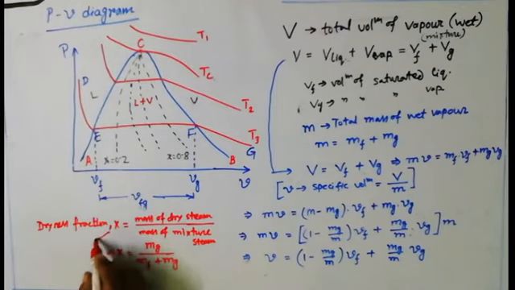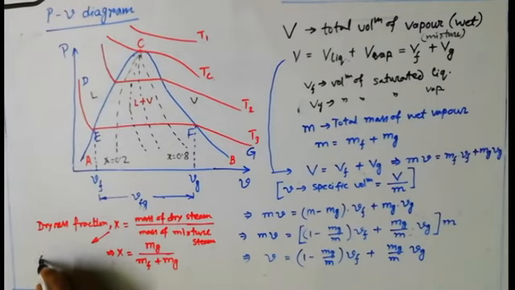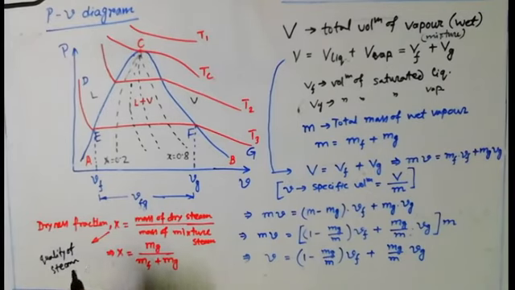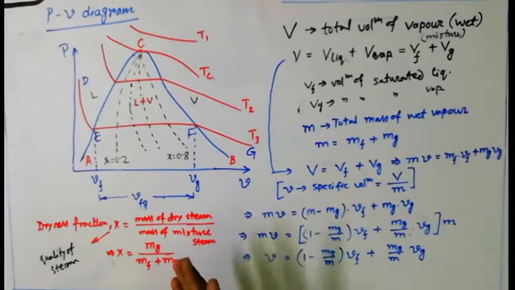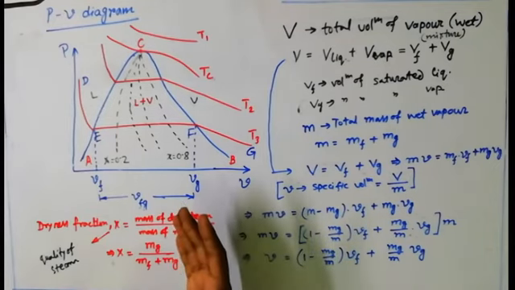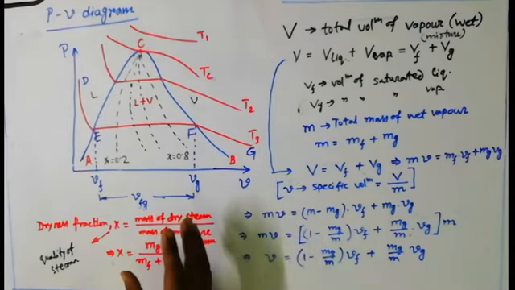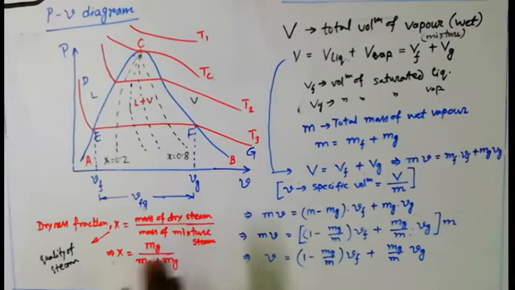It is very important. It is actually used to determine the quality of steam. Mind it, quality of steam. What does this mean? That means whether the steam is good or bad can be judged by this factor. In a thermal power plant, basically we need very dry steam because it is supplied to the turbine blade. If the moisture in the steam is high, then it will corrode the turbine blade. That's why we need dry steam for a thermal power plant.